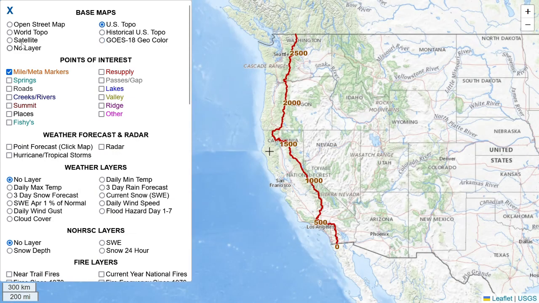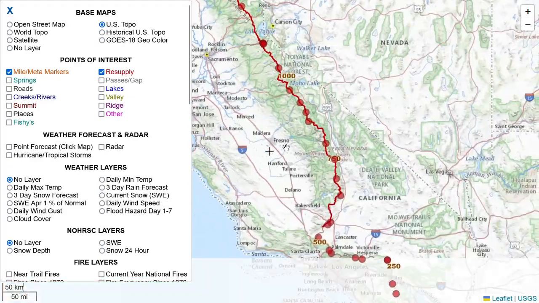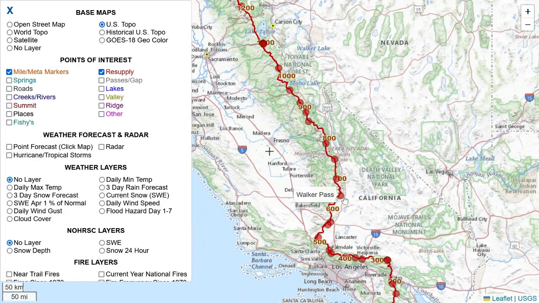There it is. All right, the next section here is going to be our points of interest. A lot of interesting stuff here that'll be handy to hikers and those planning a hike. We've got the mile markers or meta markers turned on right now. We can turn those off just by clicking that, but those are handy. We're going to leave them on. Our next point of interest is going to be resupply. That's pretty handy, especially if you're planning your hike, or you just take a look, click on one of those,